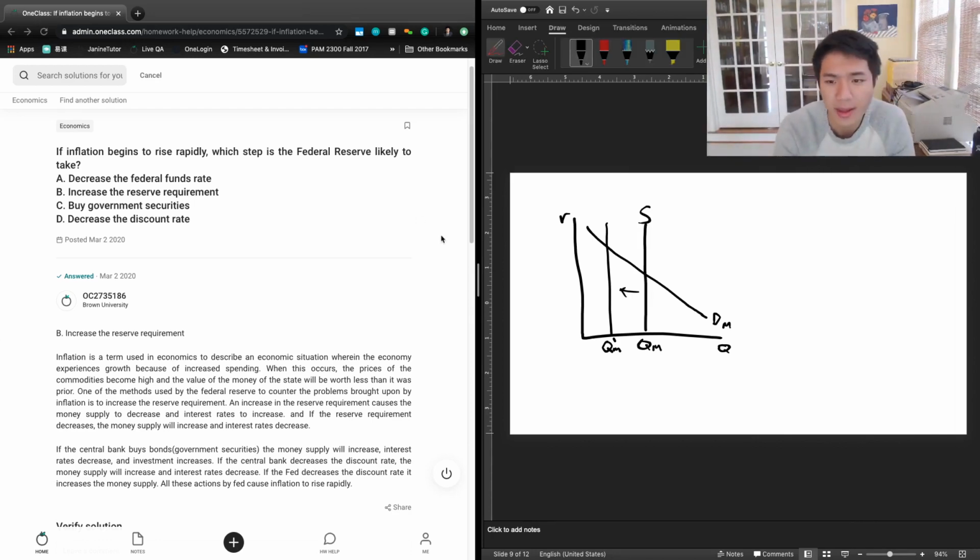B talks about an increase in the reserve requirement. The reserve requirement is the Fed setting a certain level at which a percentage of all of the bank's deposits must be kept in reserve, and the rest can be loaned out. And so we know the reserve requirement